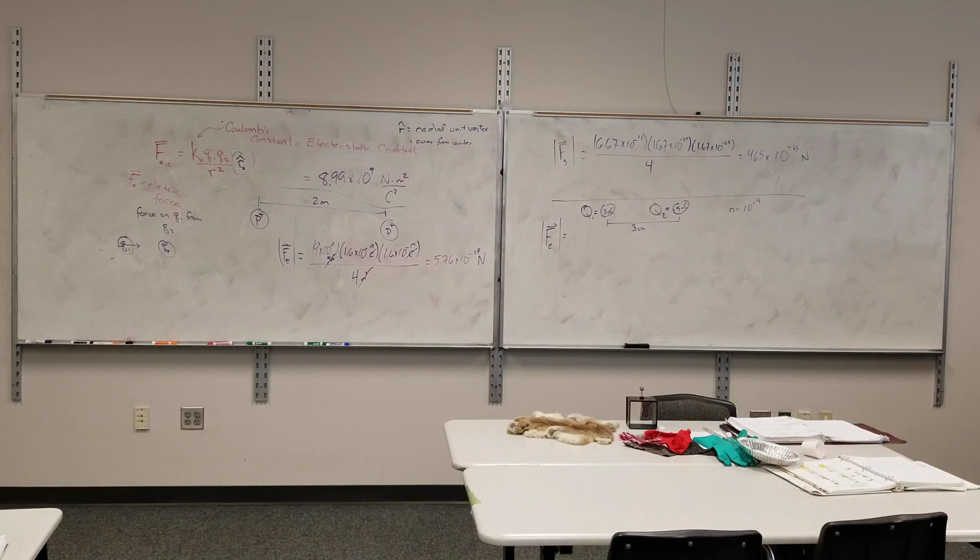Squared. Don't forget to square the denominator. Right, I forgot that, but now I'm gonna square this decimal. There we go. Oh, I see a 1.6 right there. That 1.6 was because I was dealing with the proton. Now we're dealing with a 3 nanocoulomb charge. Did you guys get negative 1.5